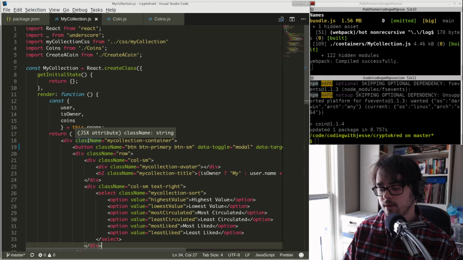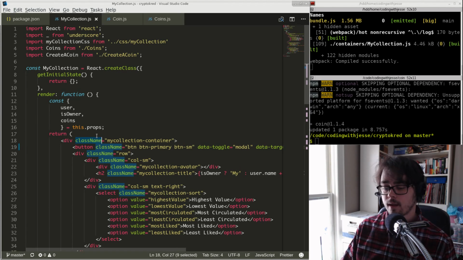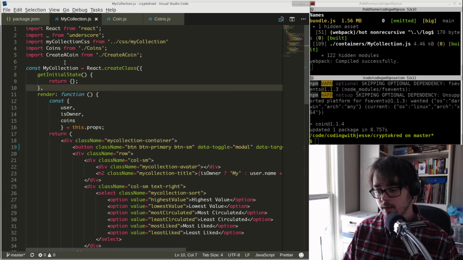Some stuff is weird, like that you have to use className instead of class, but that might be changing, and you can also use Preact with a P, which is a much tinier library than React. It does the exact same thing, and you can use just the word class there. Anyhow,